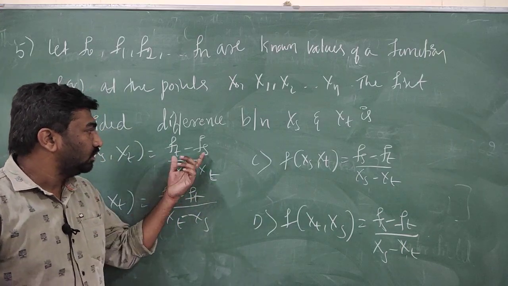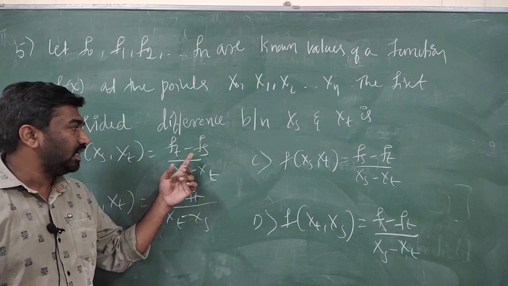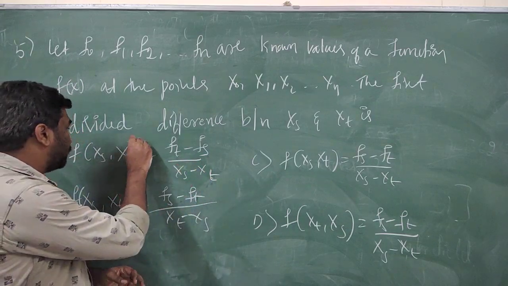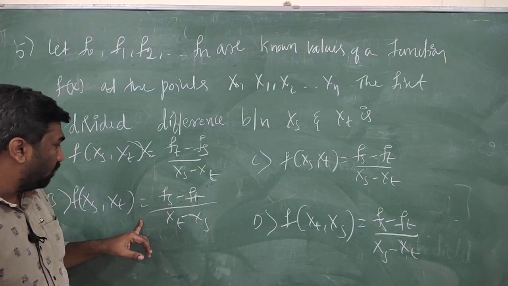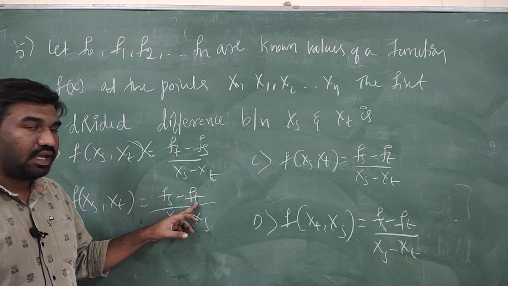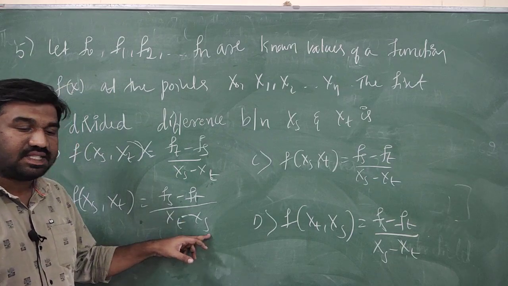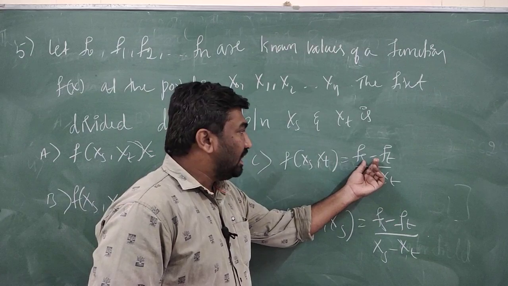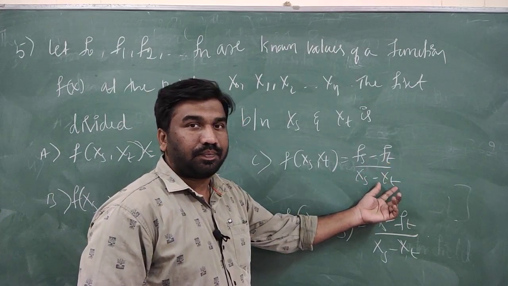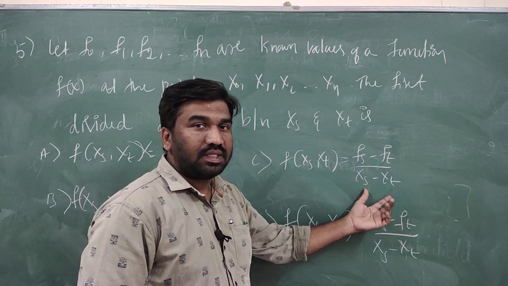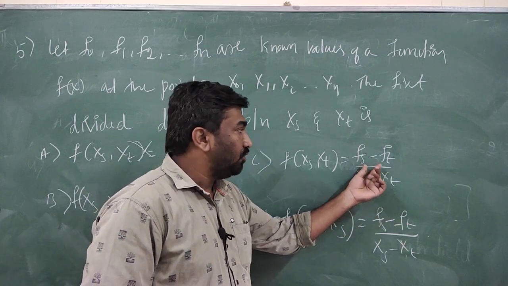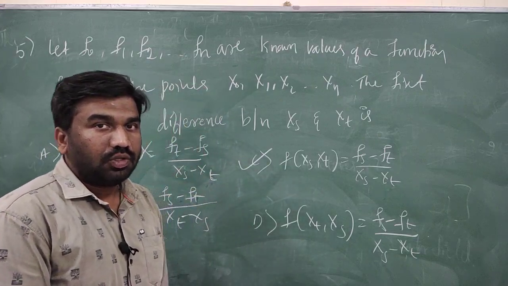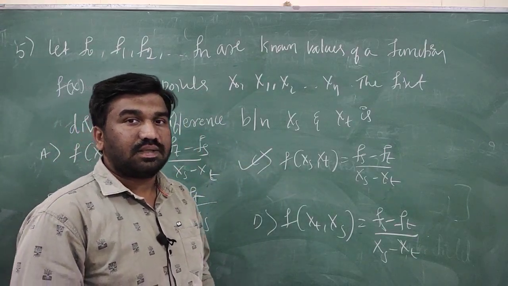See here the two are different. Here it is t, s, and in the denominator s and t, it's reversed, so it's not the option. Next here option B, s and t is there, and in the denominator t and s is there, so this is not the correct option. Here s t, s t, both numerator and denominator are the same, so this is the correct option. You should remember it like this.